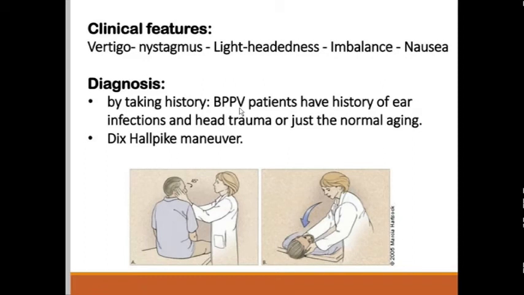You have to do a Dix-Hallpike maneuver. This is a test done to detect BPPV. The details of it you'll get in the book. Please just remember, we ask the patient to turn the head, we bring the head to a certain position and then the patient lies down. You induce nystagmus in these kinds of patients, and if you see nystagmus, which is a jerky movement of the eyeball, then you can come to the conclusion that this may be a case of BPPV, okay?